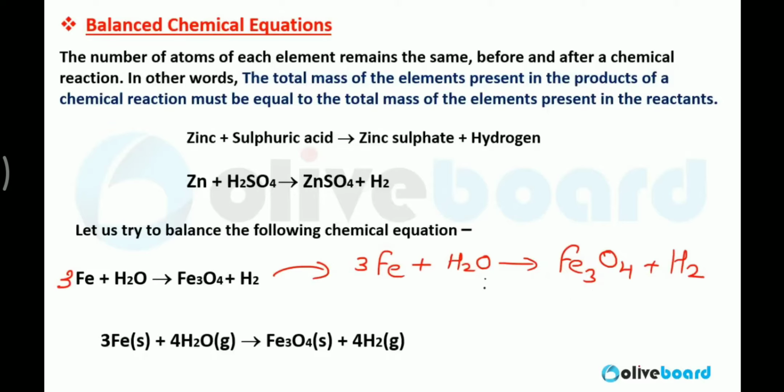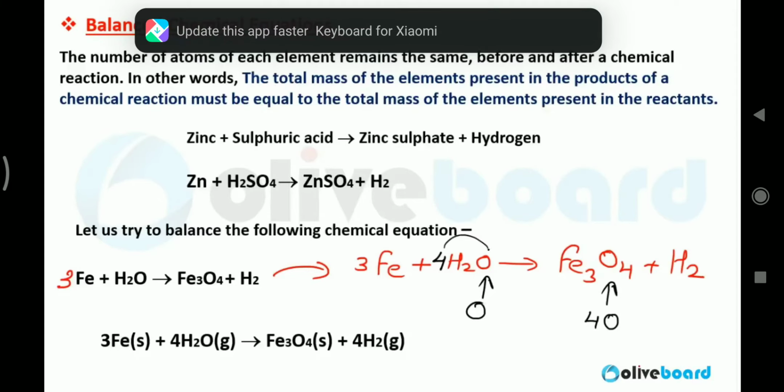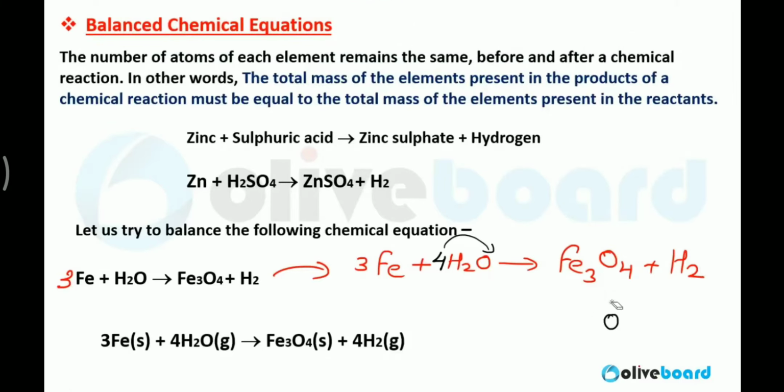Now second last is oxygen, so now balance oxygen. There are 4 oxygen and there is a single oxygen in the reactant. So multiply this H2O by 4. Whenever you write a number in front of a compound or substance, like H2O, and I am writing 4H2O, this 4 is multiplied to the H2, and this 4 is also multiplied with the oxygen.